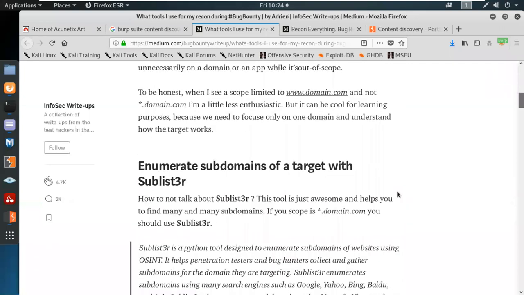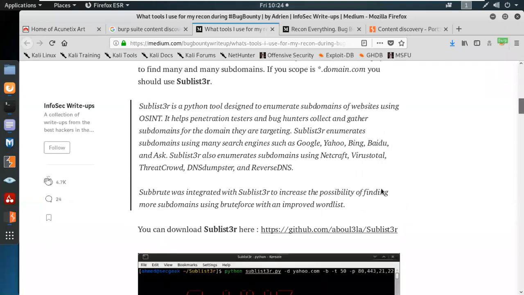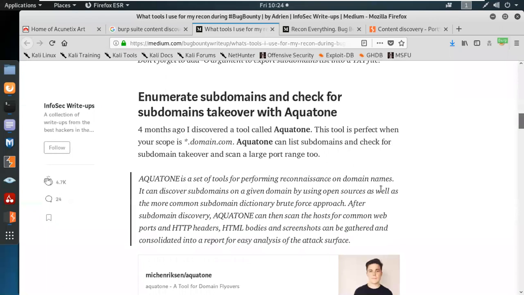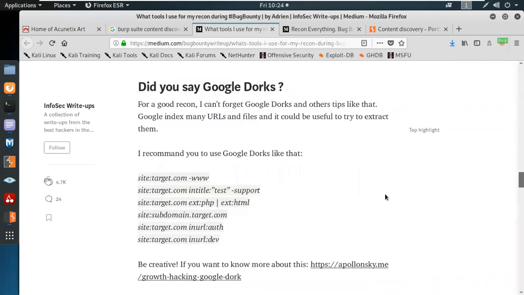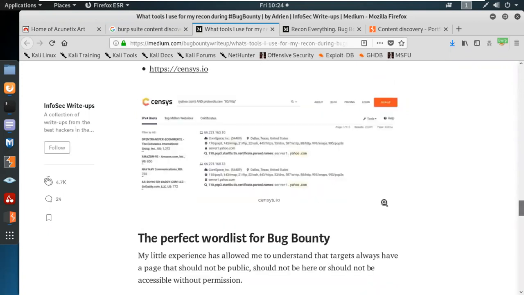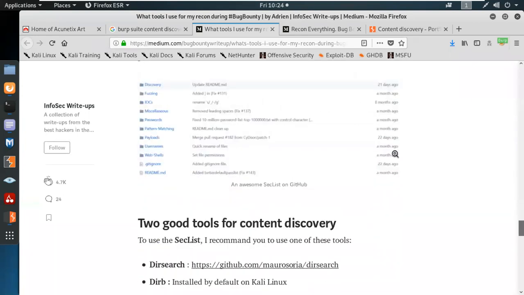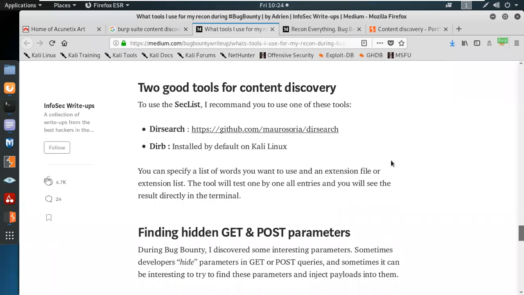They use sublister. This is not the part right now. We are not going to use sublister right now. We're going to use Burpsuite. If they are using Burpsuite, we can simply show it. Two good tools for content discovery. They have shown the search and